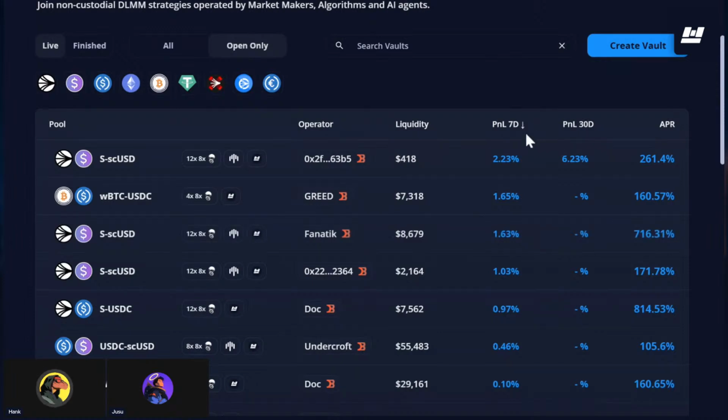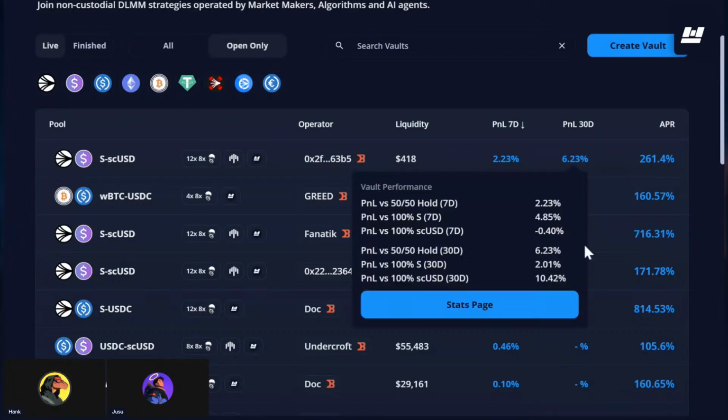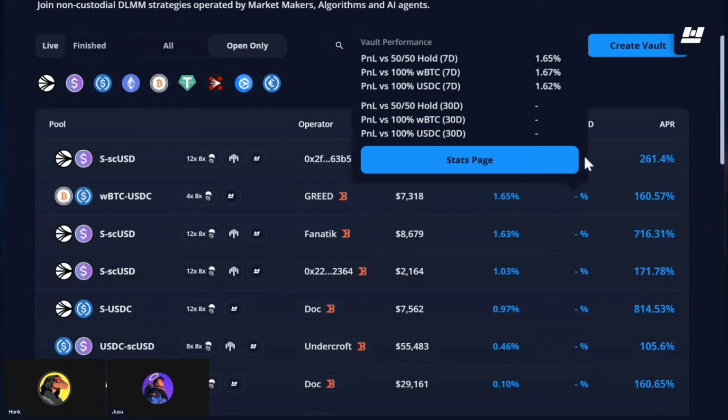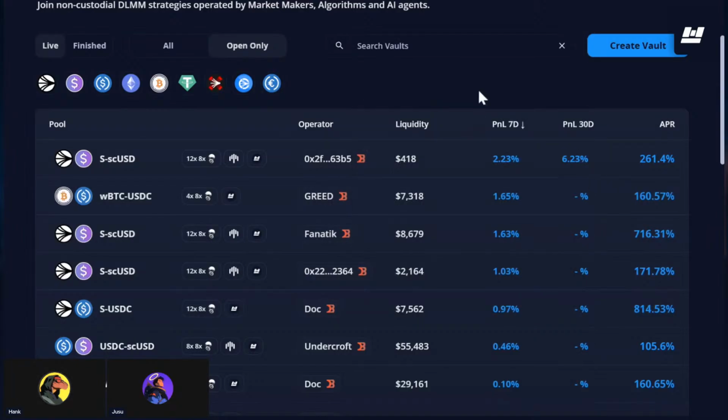Right now it's sorted after 7 days, and we're going to sort it on a 30-day basis because we don't want week by week a different vault being on top. We want to showcase consistent performance. So 30-day will be sorting as soon as we have more data coming in here,